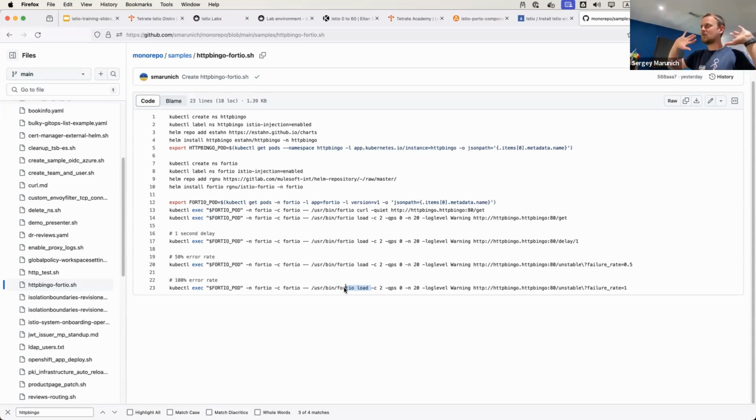This is the thing that I will let you go and study on your own. I just want to let you know there is a test utility such as Fortio. There's HTTP bingo as a service that you can use, and there's a lot. A lot of our job is try and play. Well, we also need to understand the theory, but this is more like I'm giving you more tools where you can appreciate the value of the service mesh quicker. Of course, as we go through this lab, I'll be using a very canned booking for app that every service mesh guide uses, but I just want to show you something else that you might